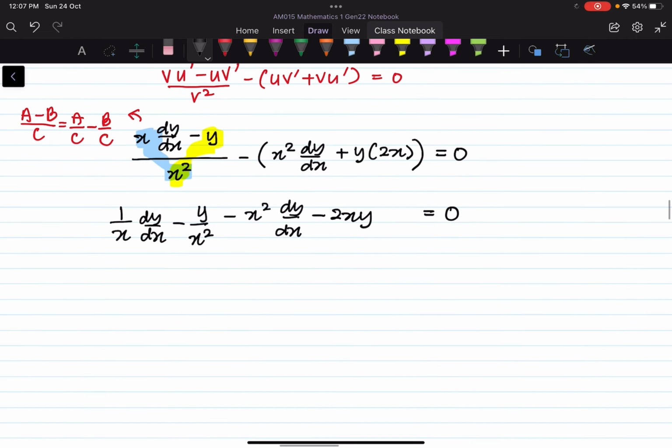So let's collect all the dy dx and factorize. So we have 1 over x here and here, minus x squared dy dx equals to,